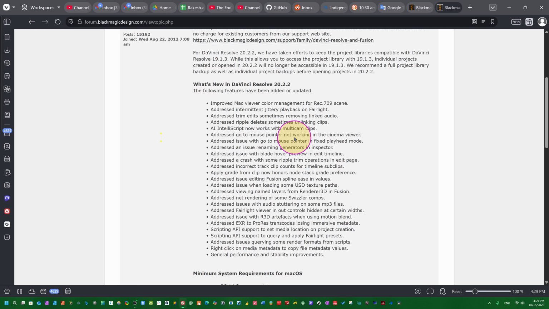Addressed go to mouse pointer not working in the cinema viewer. I faced such a problem, so I think after this update this will be solved. Addressed issue with go to mouse pointer in fixed playhead. Addressed an issue renaming generators in inspector. Addressed issue with blade hover preview in edit timeline. So dear friend, these are the main features. Some are bug fixes etc, and general performance and stability improvements. This update is concentrated mostly on bug fixing, addressed issues etc, but some new features have also been added for